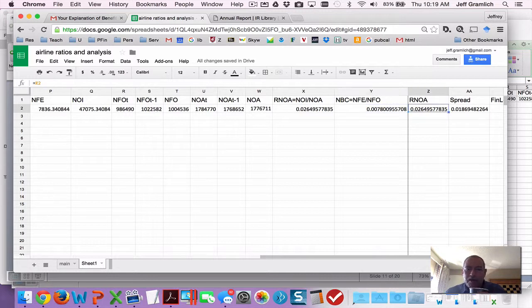So now we can take this RNOA, and this is where we get into the advanced DuPont. We have RNOA plus the spread, and the spread is the excess of the RNOA over the net borrowing costs. So we have Z2 RNOA minus Y2, and so we're earning for every dollar